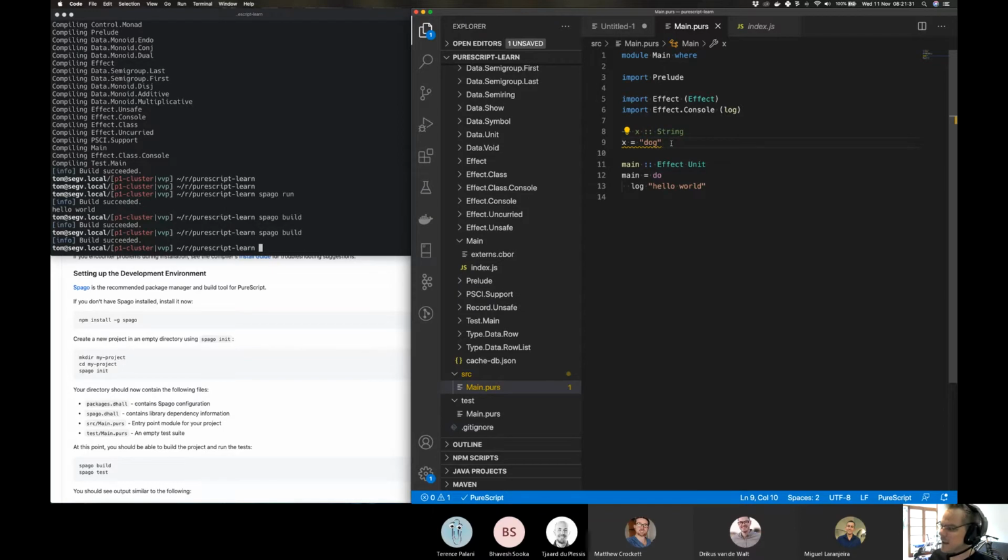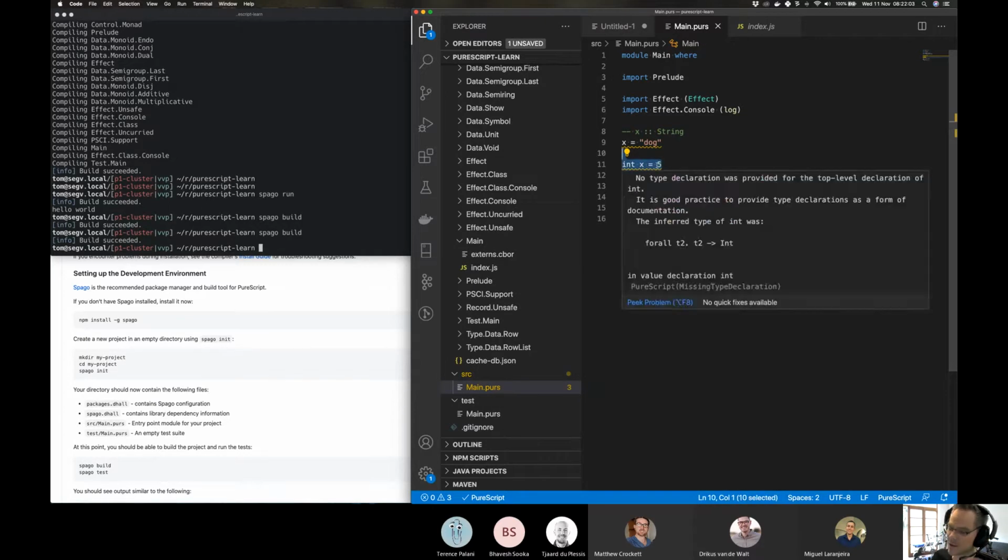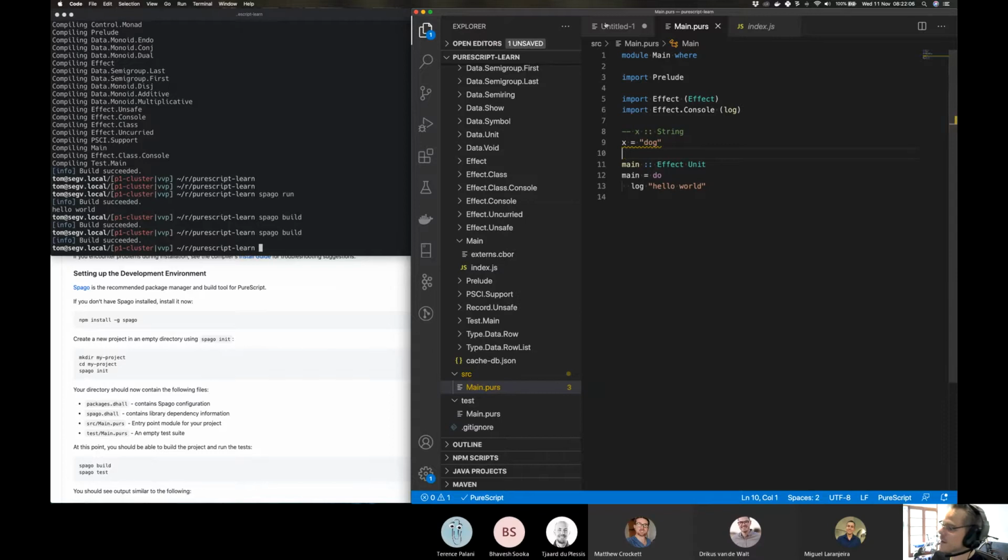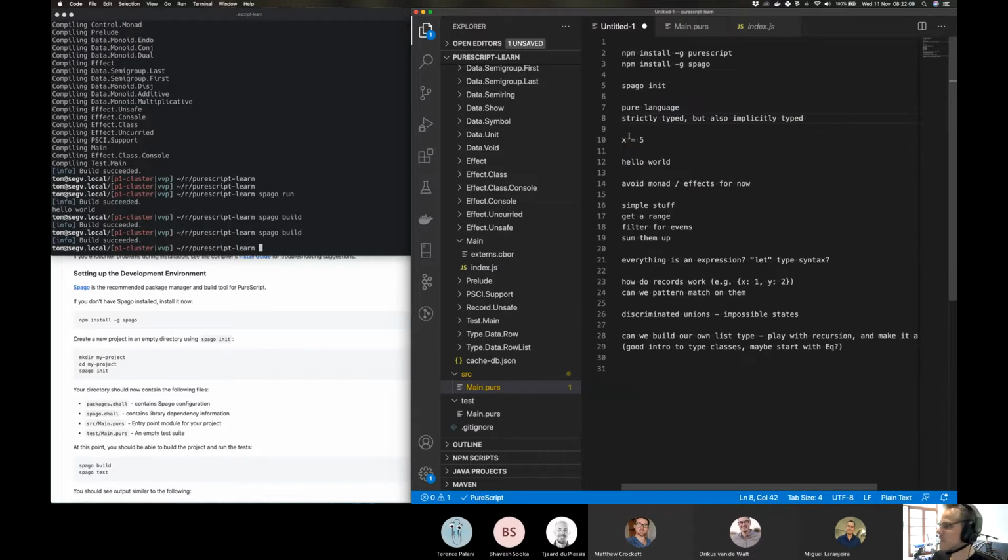I suppose in C#, you've got that cool var keyword, var x equals 5, right? And that tells the compiler, hey, make up your own. I'm implicitly typing x, so the compiler must figure out what x is, right? Whereas prior to that in C# and certainly in Java, you still have to say int x equals 5. You have to tell the compiler, this is an int and it's equal to 5. Do you know what I mean? So that would be an explicitly typed language, right? It's just interesting to separate those. Purely strictly typed, but it can be implicitly typed.